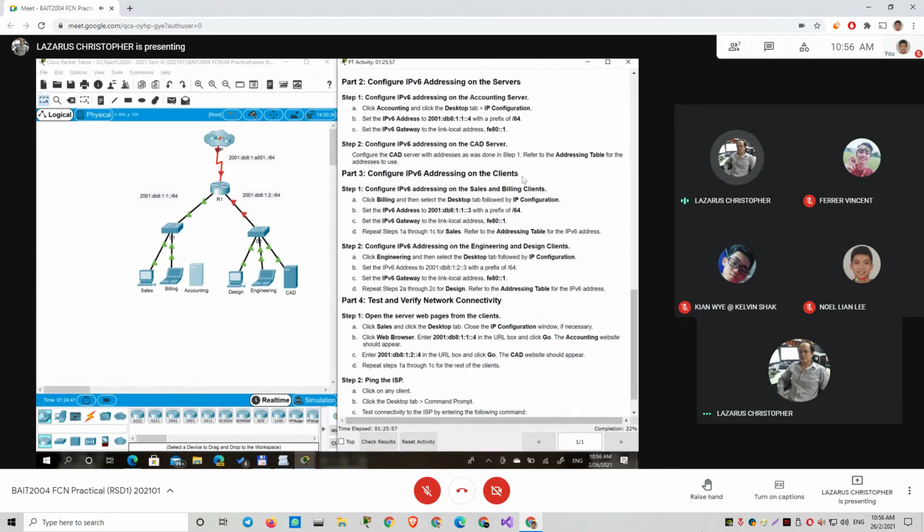Clients basically, here we are talking about a client-server environment. So we have the accounting server, we have the CAD server, and the other hosts become the clients of these two servers. So that's why we call it client. So we go to the first one to configure, billing. So let's go to this laptop